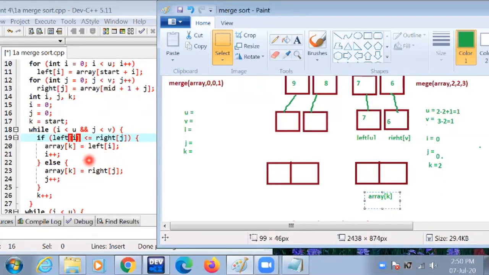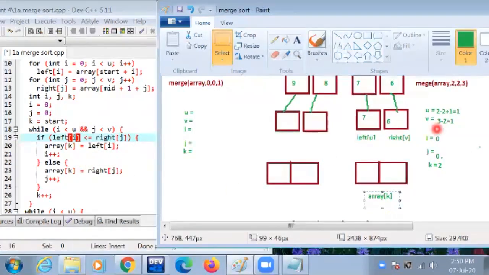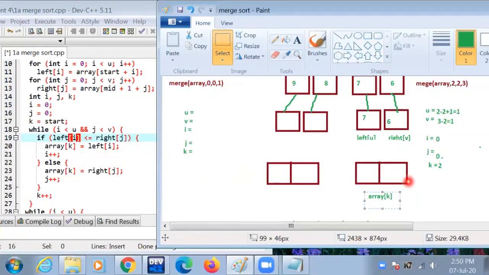The value of left I is 0. 0 is inserted in k. Left I, the value of left I is 7. I value is 0. The array k is equal to right j.